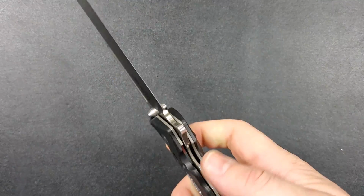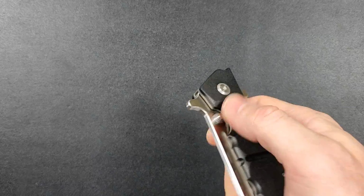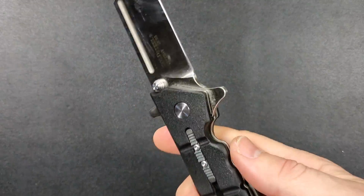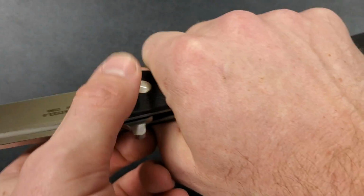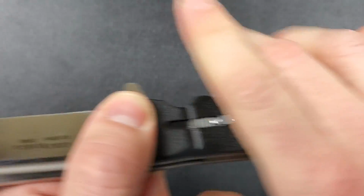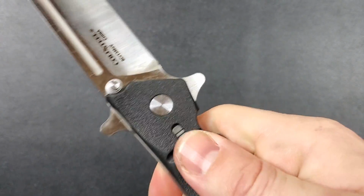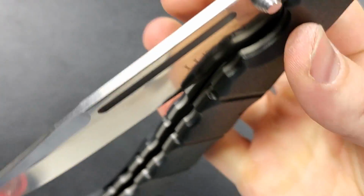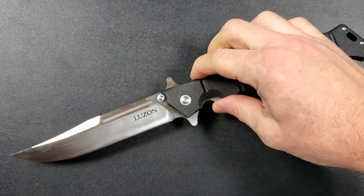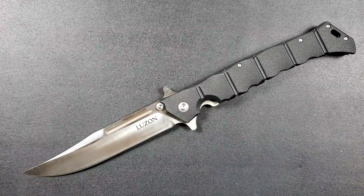I will say, just playing with this knife and messing around with it, multiple times I've accidentally engaged it when I didn't want to, and then also just using it. If your hand slides a little bit, like right there, my hand just sliding around on the handle can actually disengage it. So that's why I don't really like stuff like that, because I don't know if I 100% can trust it. The position of it on the handle,